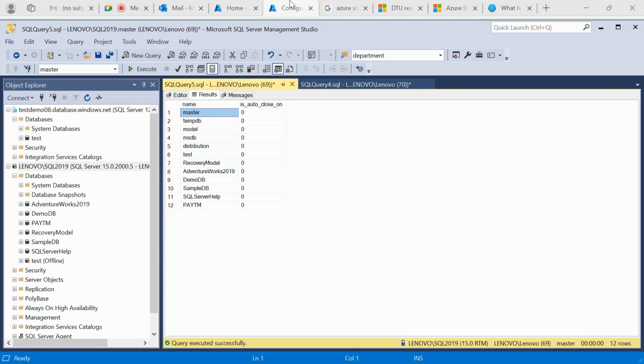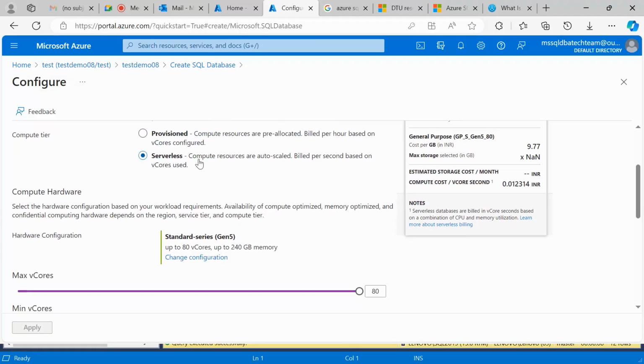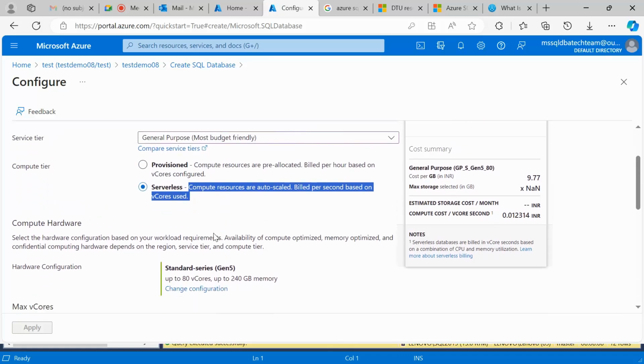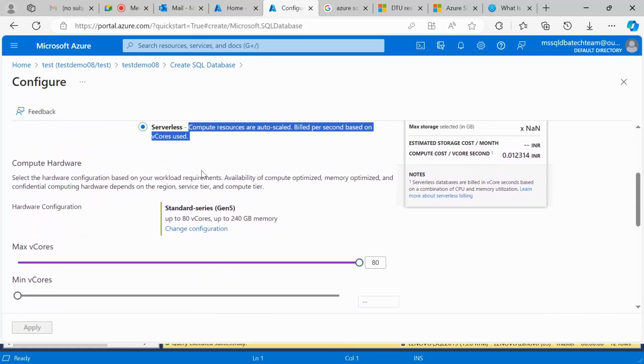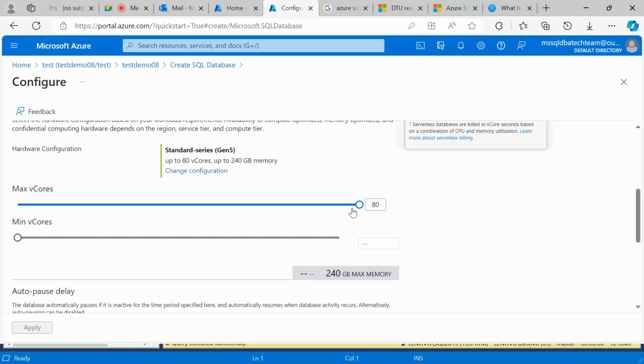The same option in Microsoft they have named as serverless. In serverless you can say compute auto scale, billed per second. It means the same option we discussed as auto close, they have named it serverless.